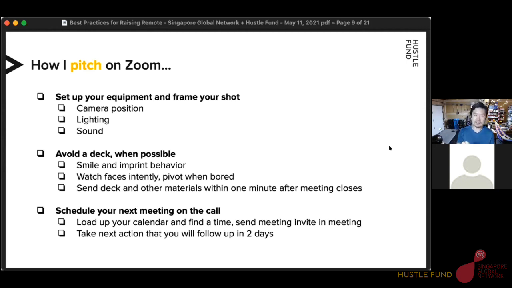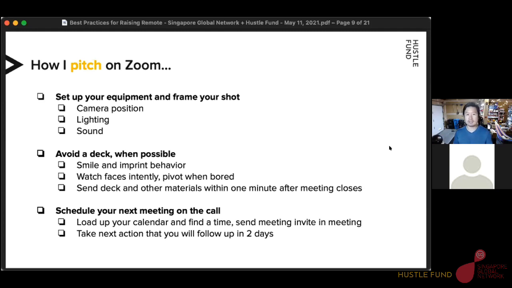So this is something that you should have ready to fire off as soon as the meeting is over. And I have to tell you that it's really impressive when founders are super quick to respond. It tends to be a really good leading indicator for me of a team that just seems to be on top of their organization. And I can attest that other VCs are impressed as well.